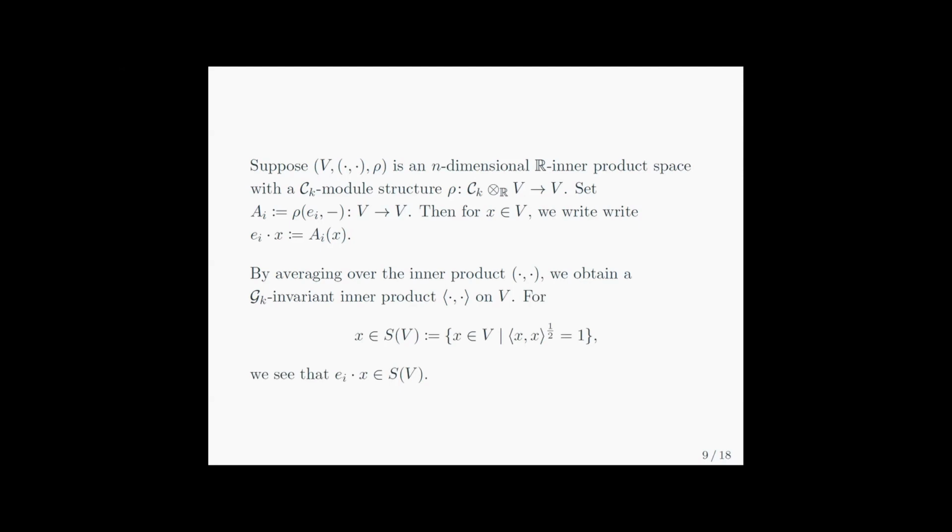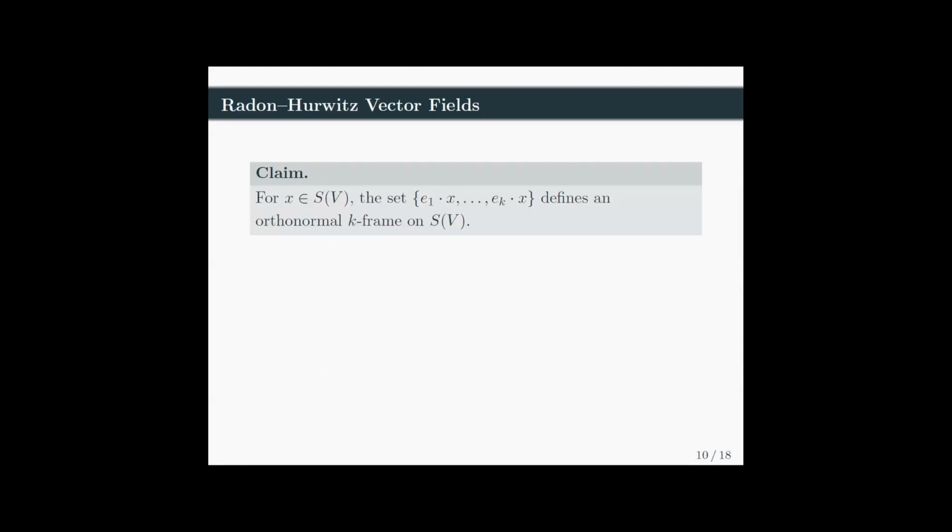And the upshot of that is if you look at a vector on the sphere associated to V, the Clifford multiplication will stay on the sphere. So what I'm trying to give you is the flavor of how these Clifford algebras and their modules are the perfect things for building orthogonal vector fields on spheres. So I want to quickly show you how this set here is an orthonormal k-frame on the sphere associated